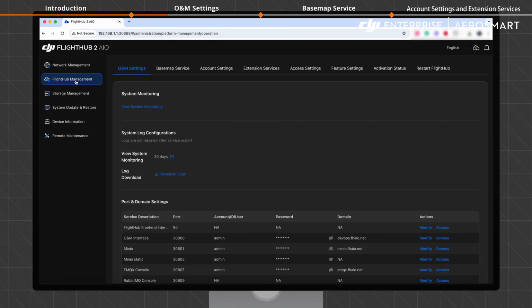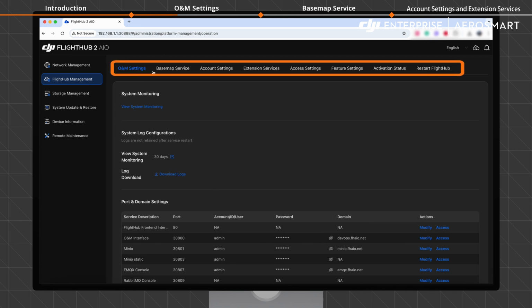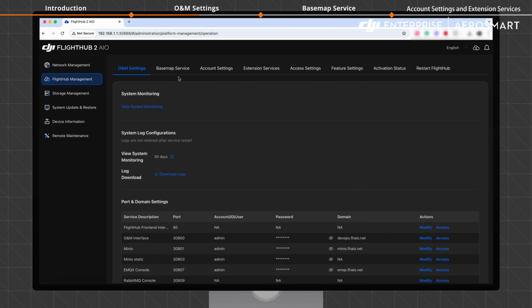The FlightHub Management page contains the following tabs: O&M Settings, Base Map Service, Account Settings, Extension Services, Access Settings, Feature Settings, Activation Status, and Restart FlightHub. This video focuses on how to perform settings in the O&M Settings, Base Map Service, Account Settings, and Extension Services